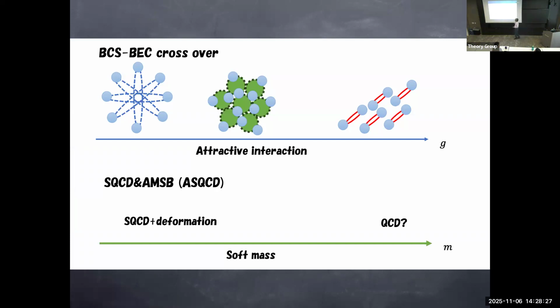So we cannot solve the theory when supersymmetry breaking becomes as large as the dynamical scale. So the exact solutions I can show are what I can obtain only for small supersymmetry breaking. So we have to put faith in this possibility that what we learn here does connect smoothly to what can happen here, in the same way as the BCS-BEC crossover happens. Then we are learning something about non-perturbative QCD by studying near-supersymmetric QCD. So that's all I can say in a rigorous way.